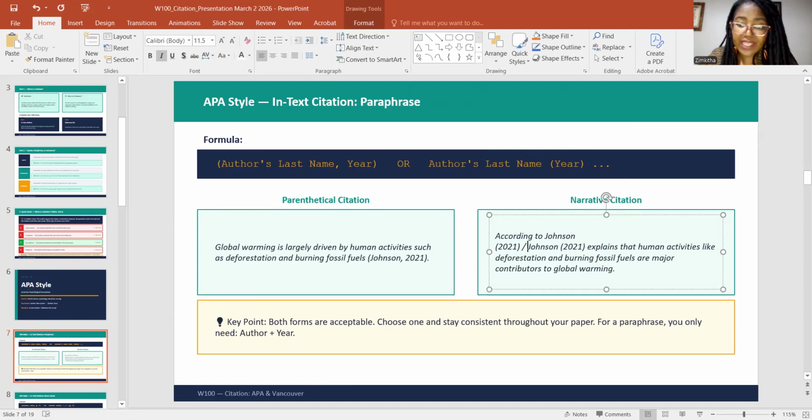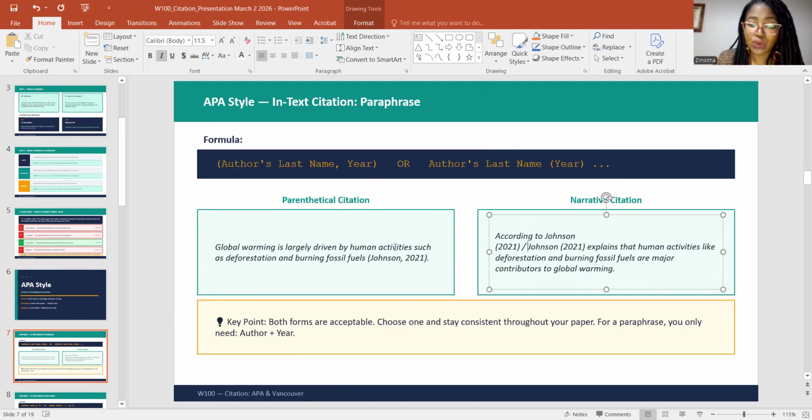That's one way. According to Johnson, human activities like deforestation, etc., full stop. Or you can just say, Johnson explains that human activities like deforestation and burning fossil fuels are major contributors to global warming. That is in-text citation.